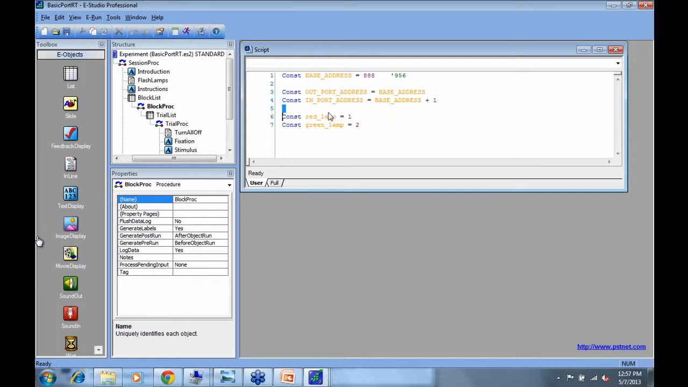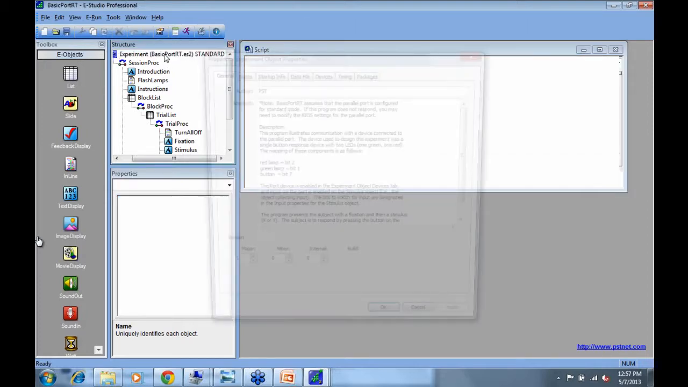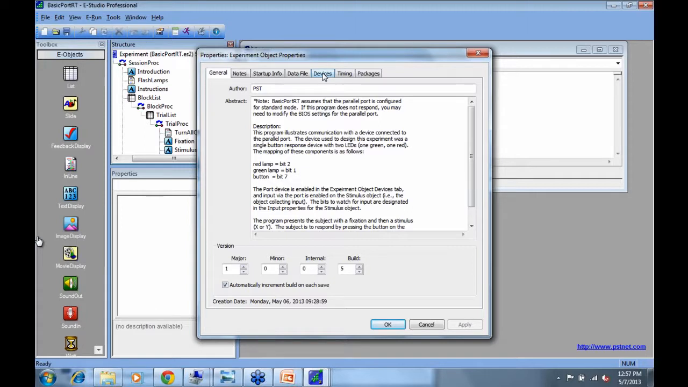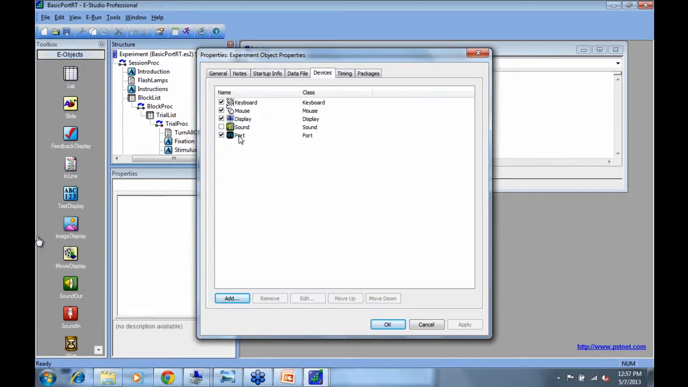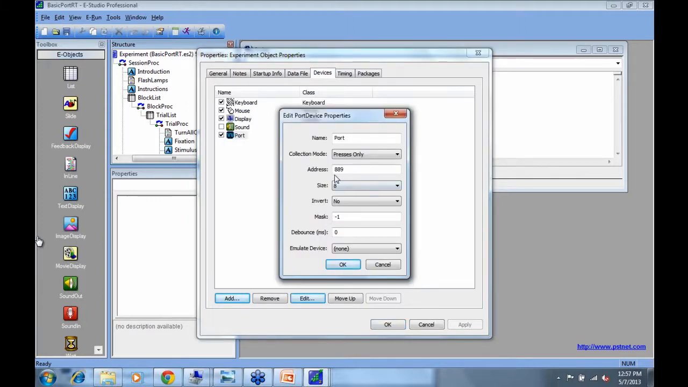If we look in the experiment object property pages, and then go to the Devices tab, you'll see that we have the port device enabled here. If you select it and click Edit, you'll see that the address we have here is 889, and that is the device that was set up for the input there. And the inline flash lamp,